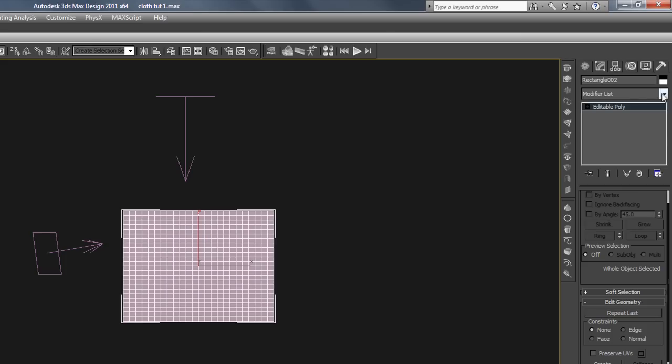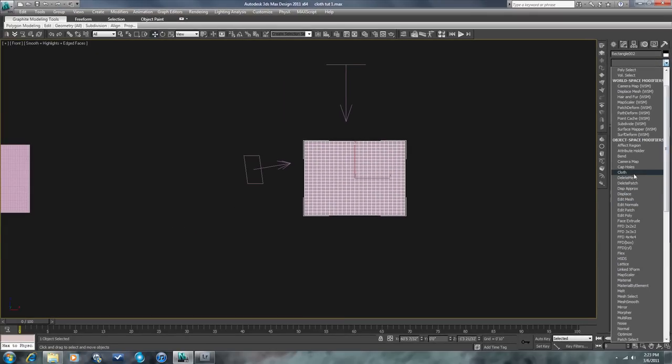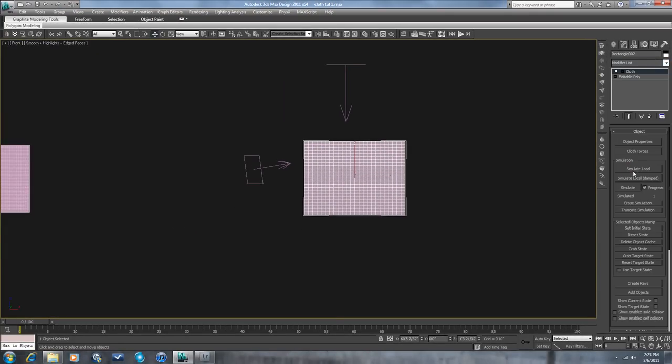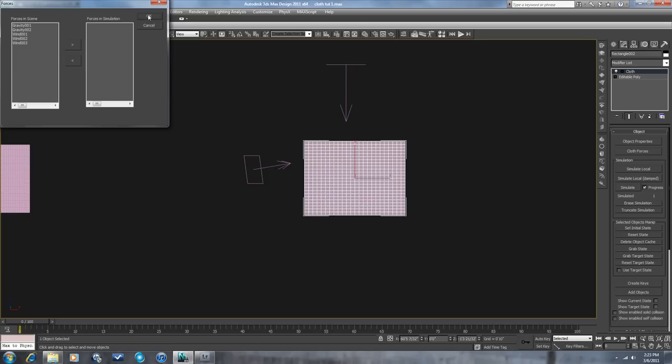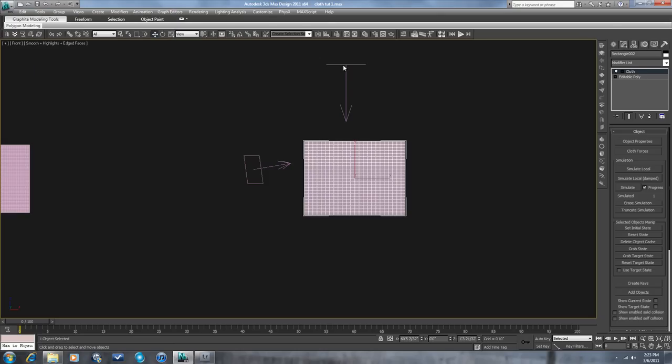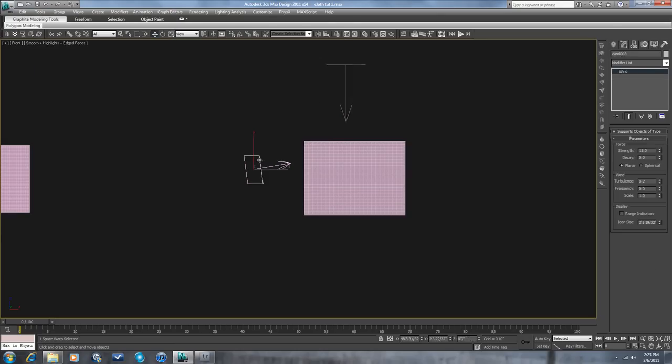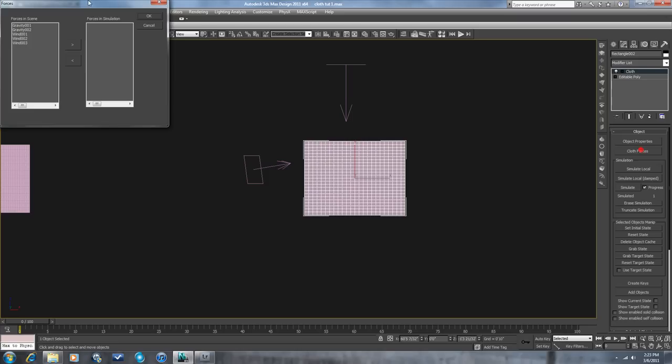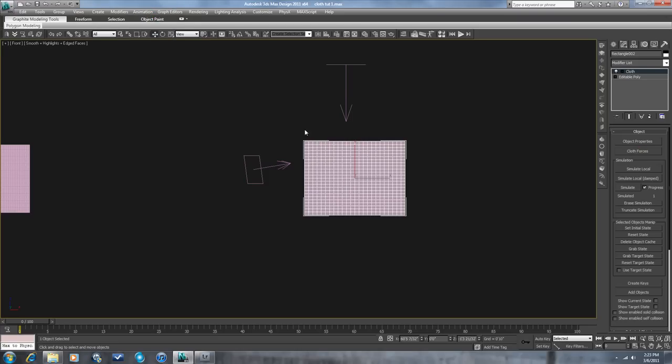Now when you go into here and you put the cloth modifier on our little plane here that's subdivided properly, we can go into cloth forces, and I gotta figure out which ones those are. That would be gravity 2 and wind 3. So if you take these cloth forces and add wind 3, gravity 2, now those two space warps are affecting this cloth modifier. And